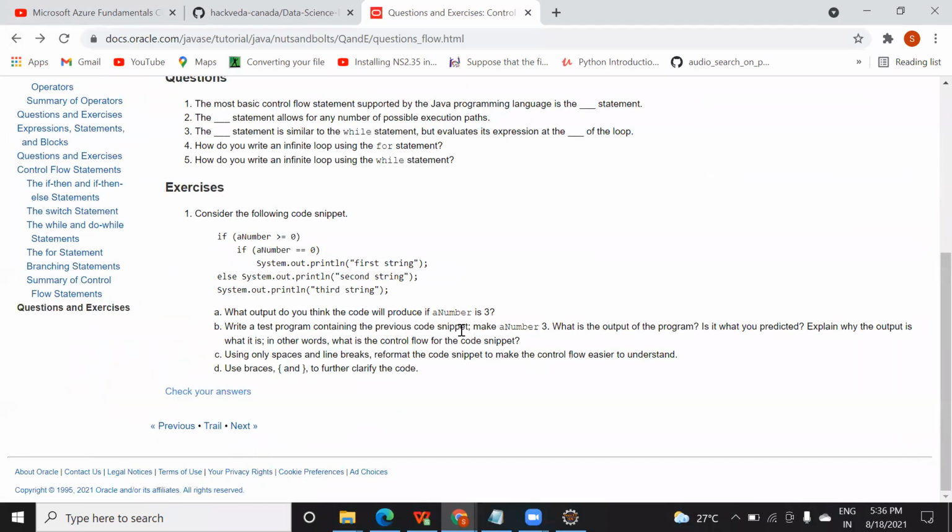As I said, if the value of this variable becomes 3, condition true, it will come inside. Is it equal to 0? No. So obviously it won't print this, because only when the condition is true will it print inside the if condition. Otherwise it will print the else part. So it is going to print the else part, and this is outside of this if condition. So definitely it is going to print this line. That's the reason it is printing this line.